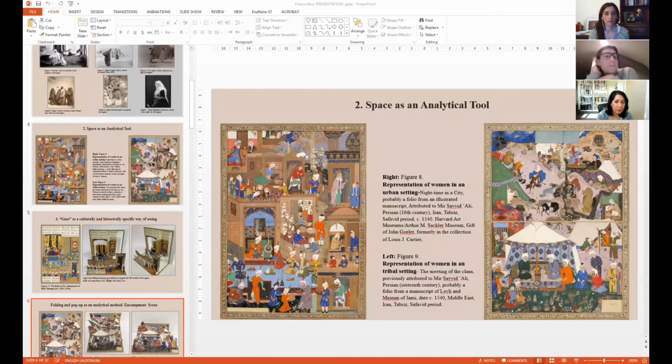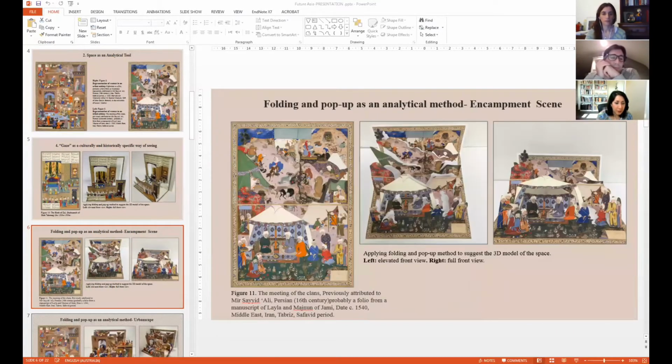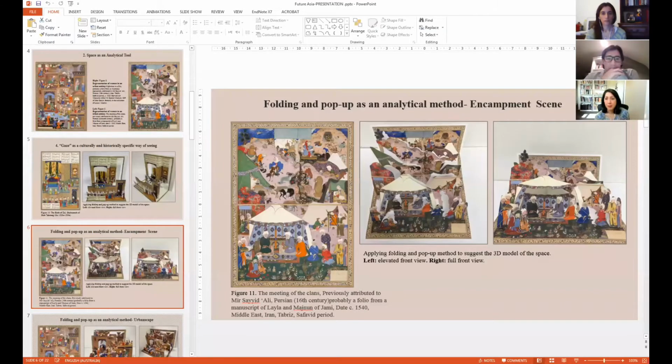So I'm going to share another image. So you have the image now. Okay. Here I have used the pop-up unfolding image to transform the two-dimensional, multifocal, original painting to a